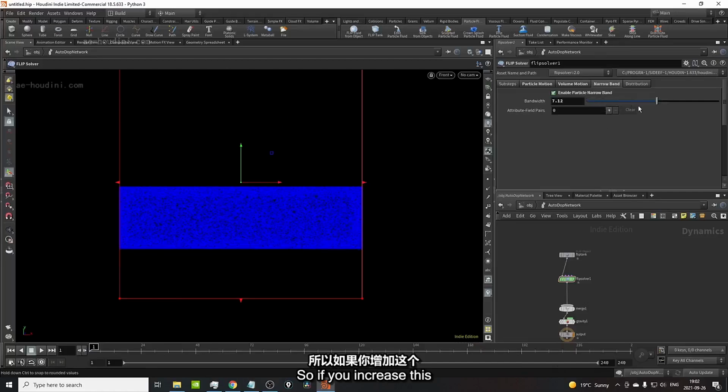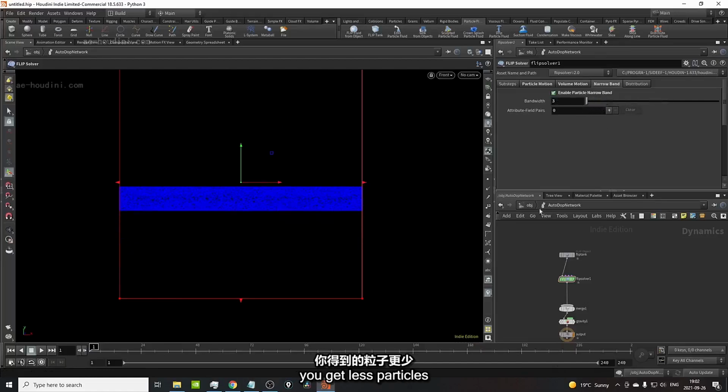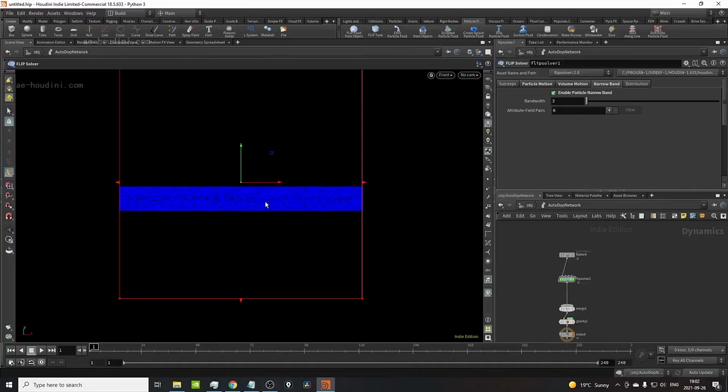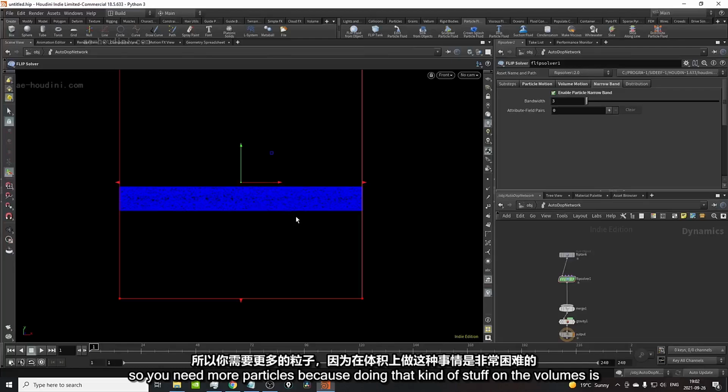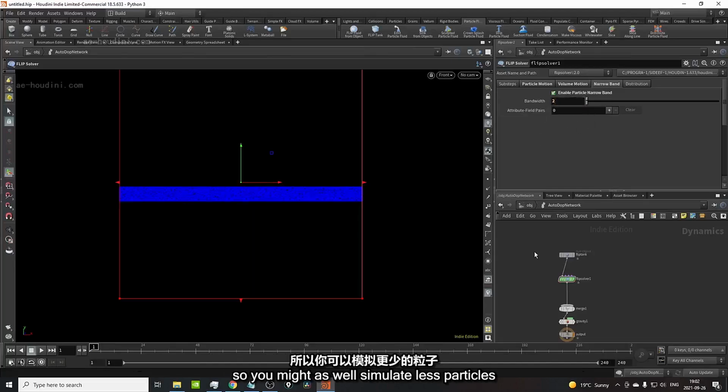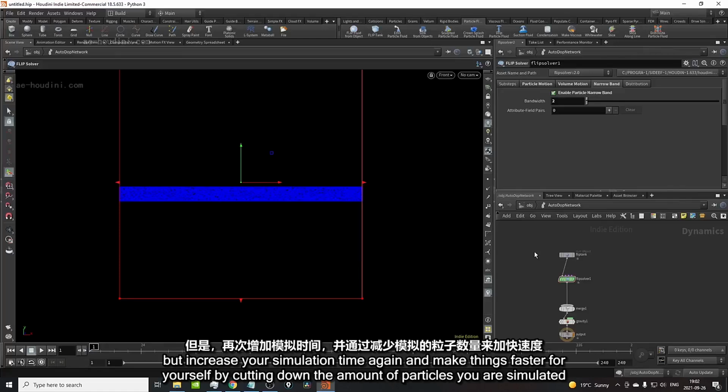So if you increase this, you get more particles. You decrease it, you get less particles. And that's really all you need to have. So for some shots, you might want to do a lot with the particles just underneath the surface and introduce new volumes, new motions, all of additional attributes, that kind of stuff. So you need more particles, because doing that kind of stuff on the volumes is a pain. But sometimes you don't need to do any of that, and you just need some cool motion. So you might as well simulate less particles, right? Increase your simulation time again and make things faster for yourself by cutting down the amount of particles you are